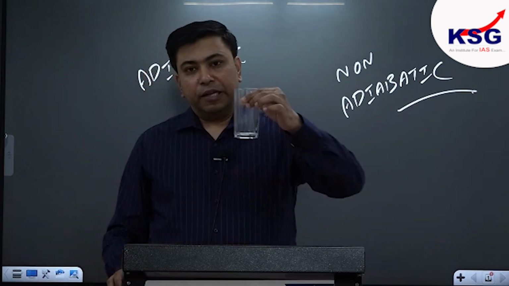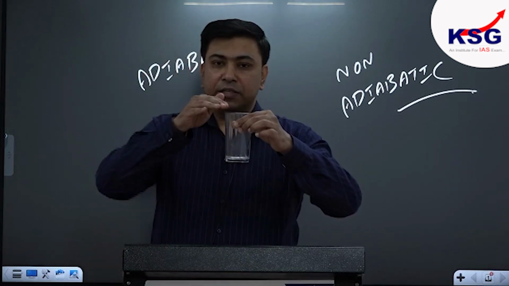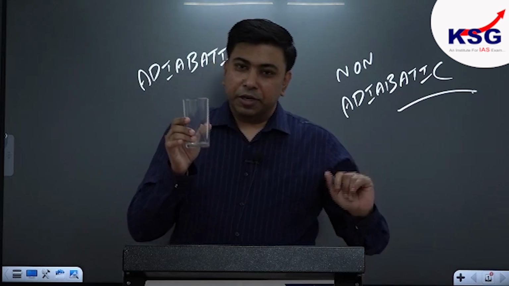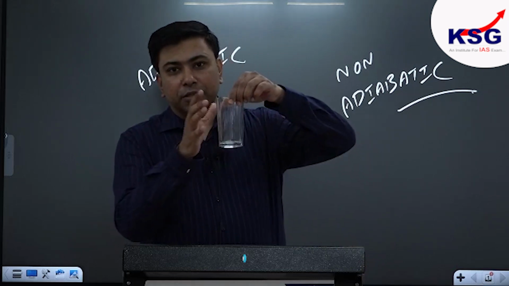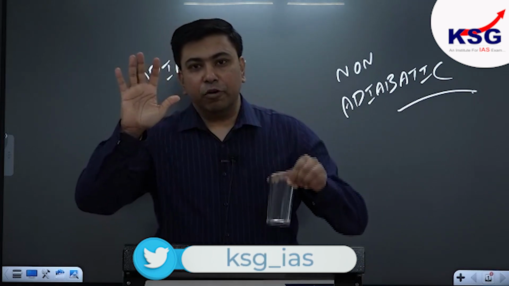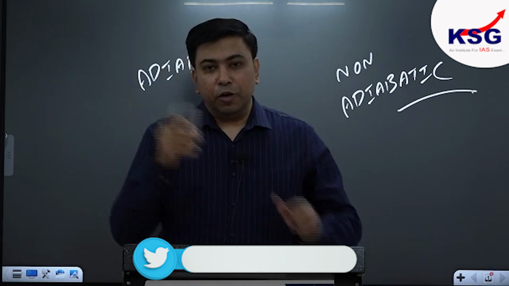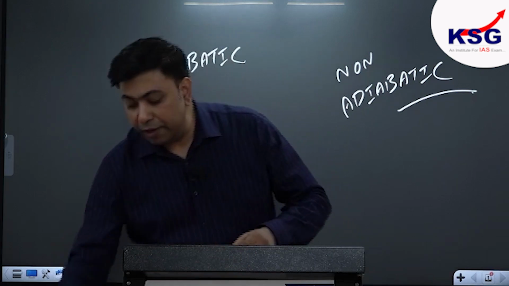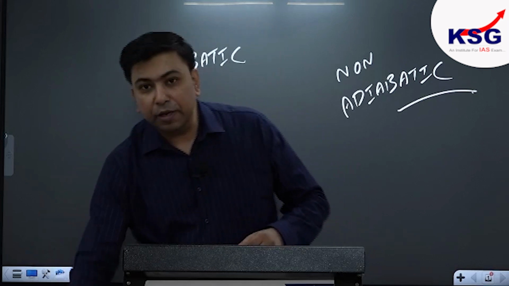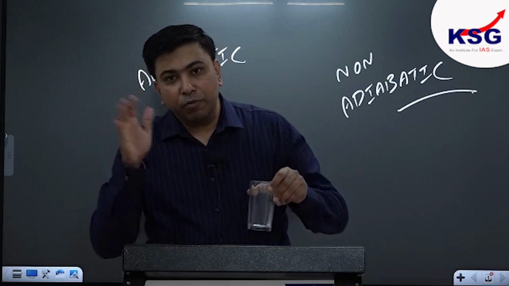Take an example that here I am having a glass. If I insert some water in the glass and the water remains warm, and when I touch a warm object like a glass carrying warm water, then my hand becomes warmer. Now why does my hand become warmer? Because my hand is able to absorb some amount of heat from the glass.